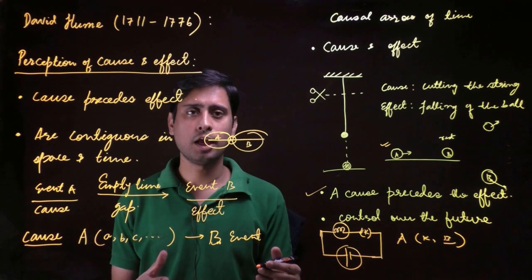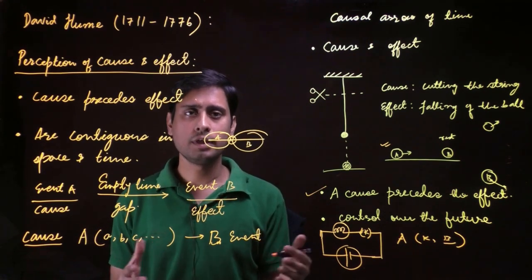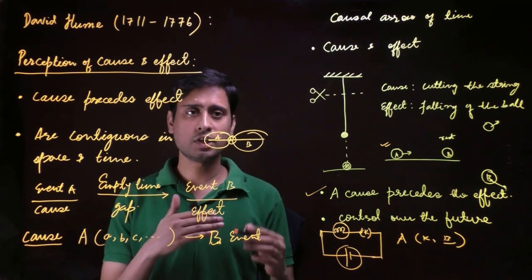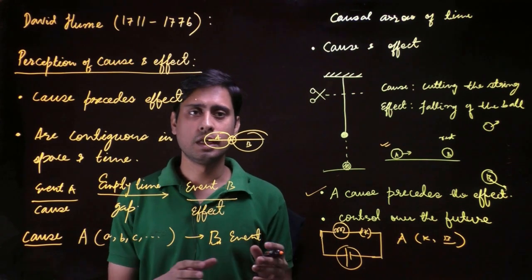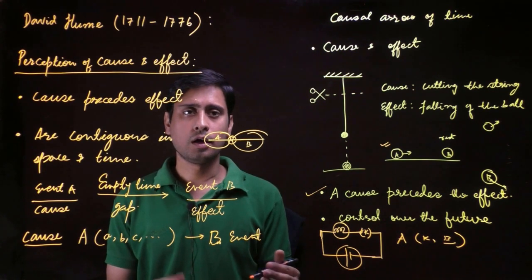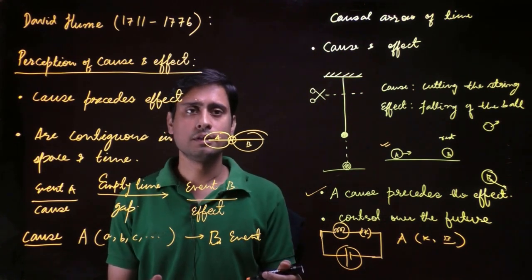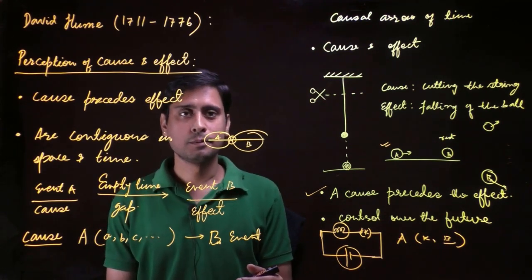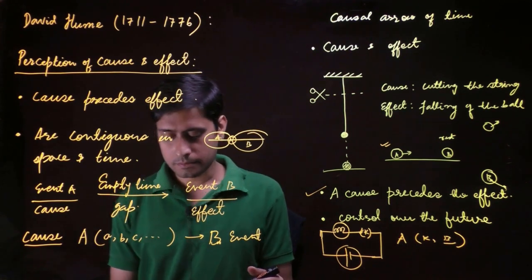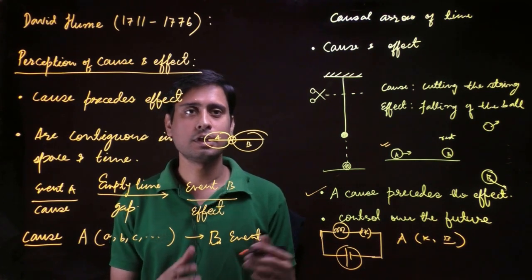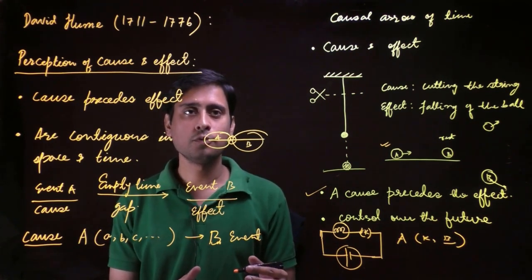It is just a mental habit, but in the world universal regularities occur. That is, some events must be followed by some other event, and these kinds of regularities result in a perception of cause and its effect. So following the school of empiricism, Hume said that the only thing which persists in nature is the universal regularities,